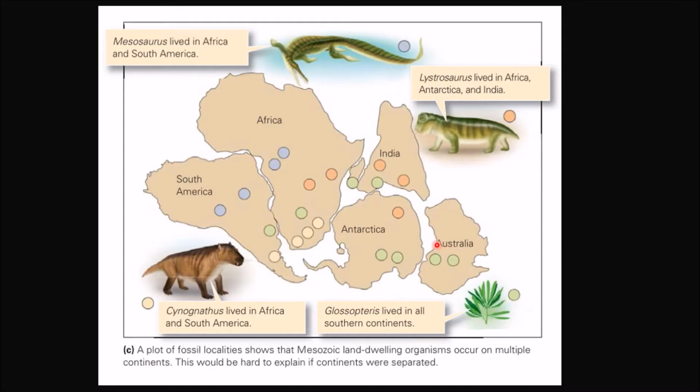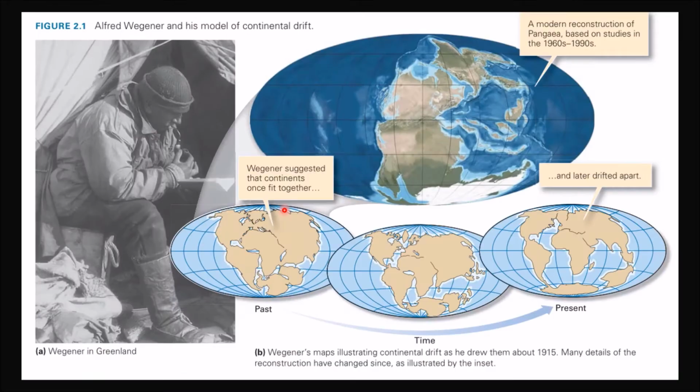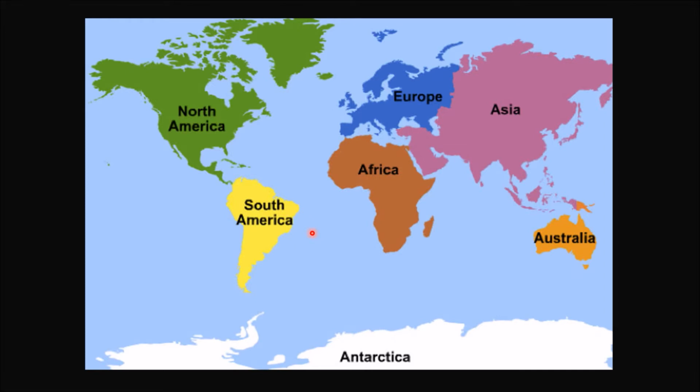So first of all, let's take a look at why we think that all these continents used to be together. If we take a look at these continents, it kind of looks like South America and Africa could fit together a little bit. For the most part, it seems like they can fit together. So let's go back to this picture over here. This part of South America is obviously separated now from Africa. These are no longer together. There's a big ocean in the middle.